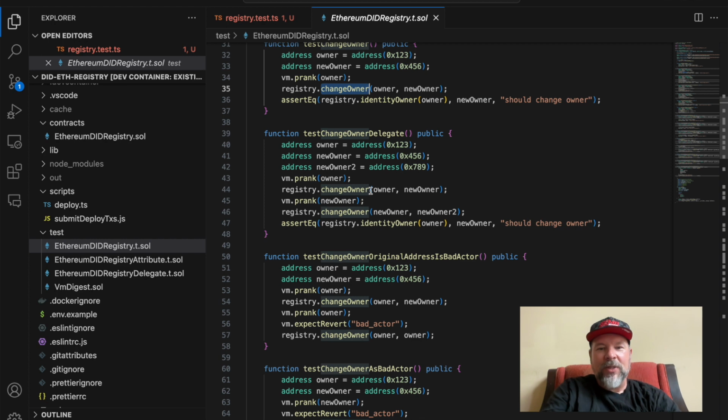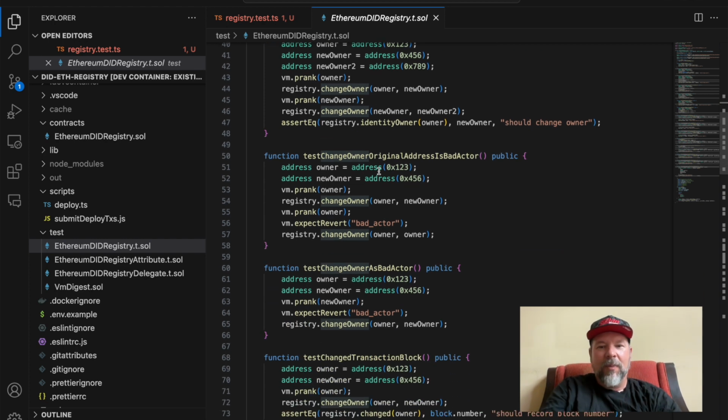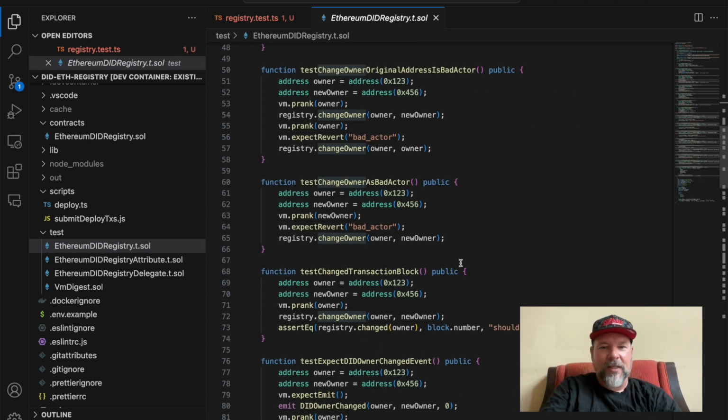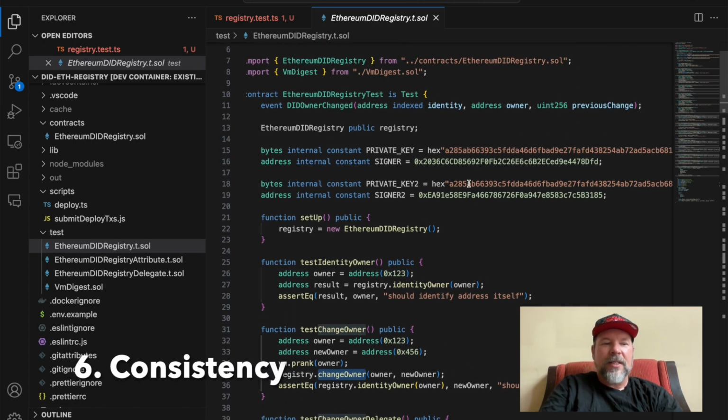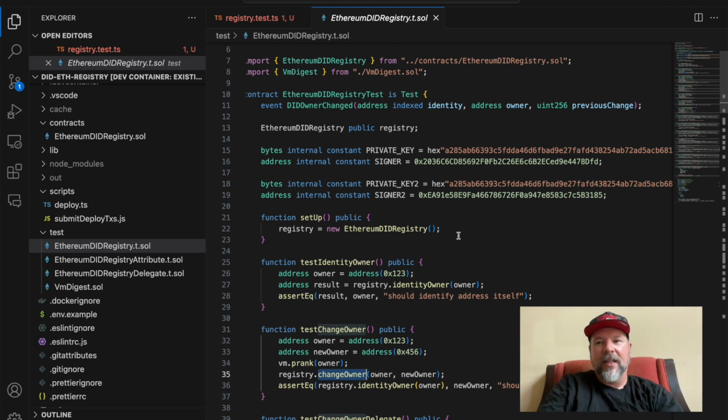What happens when I use it in a different way? Are there problems if I do something the wrong way? What problems should I expect when I'm doing it in those ways? So this all becomes a form of documentation. The next thing I'm going to suggest, number 6, is consistency.